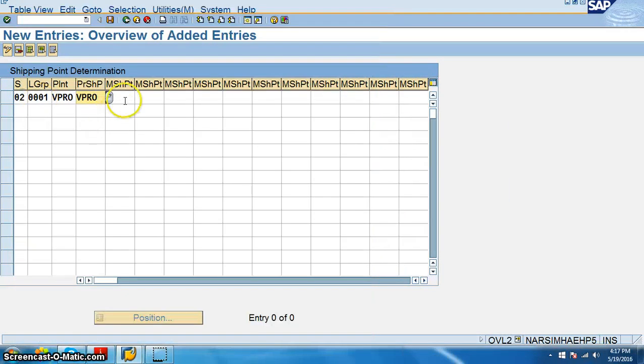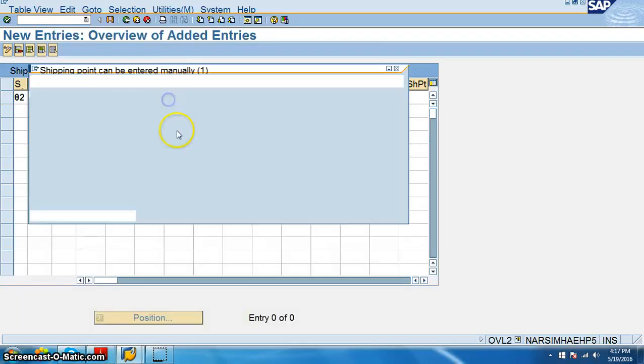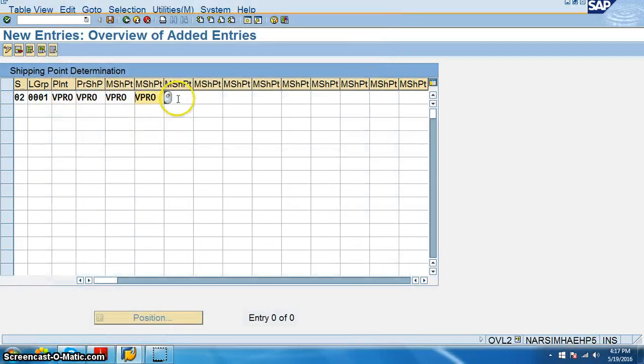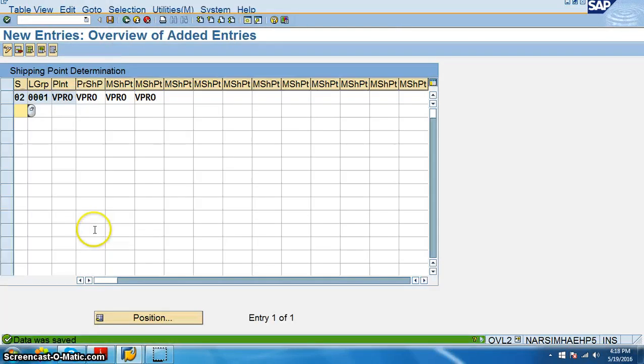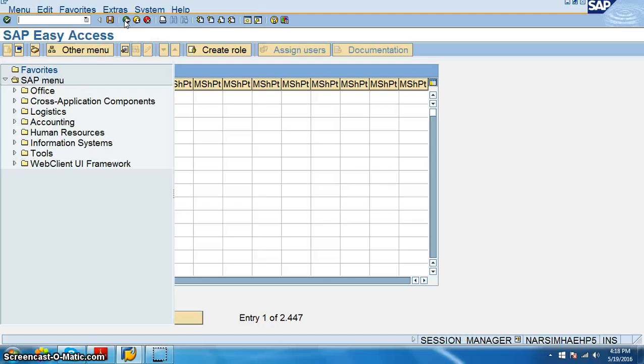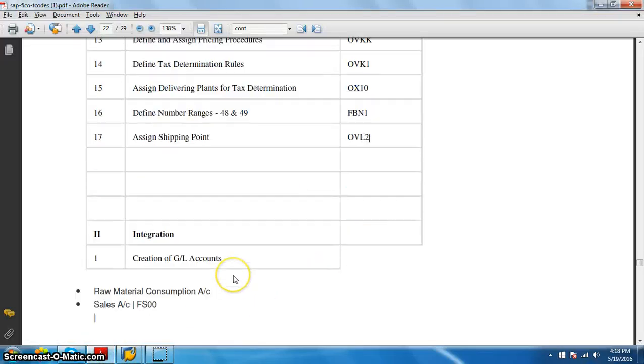Prior shipping point VPRO, and shipping point VPRO again, and I'll just say save. Shipping points have been saved, so there can be multiple shipping points maintained for one particular plant.